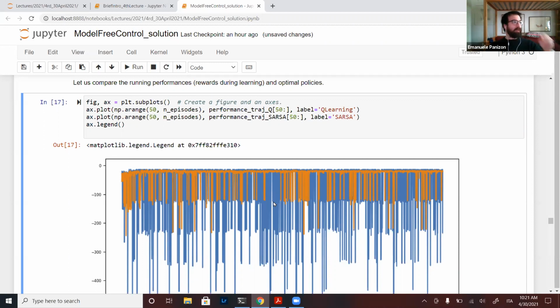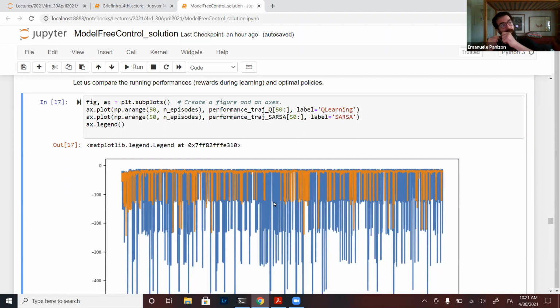Why so? Because both are actually following epsilon greedy policies. So both of them sometimes do a random action, and sometimes those random actions go to the cliff. SARSA has learned to optimize that epsilon greedy policy so as to minimize those falls off the cliff during the trajectories.